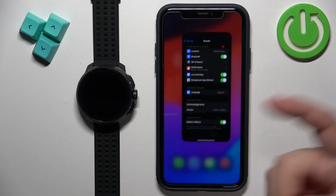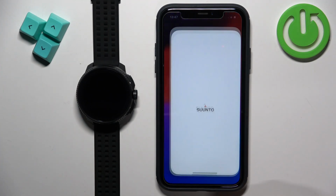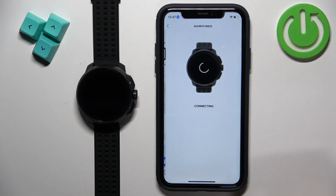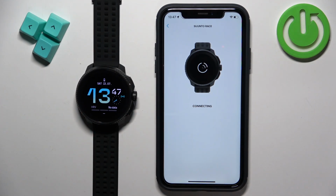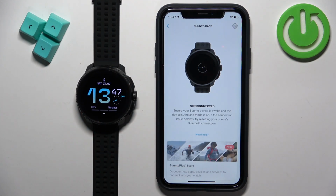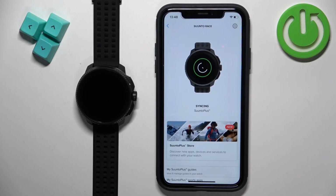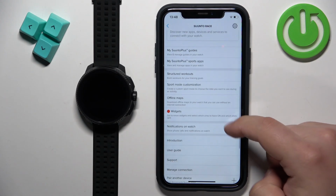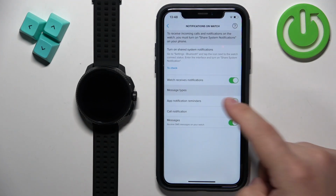And once it is, close the settings, of course, open the Suunto application, select the device icon, and wait until the watch is done connecting with our iPhone. This one, for some reason, takes longer than it should, but let's wait. Okay, it says connected. Now let's scroll down, find the notifications on watch, tap on it, make sure to enable